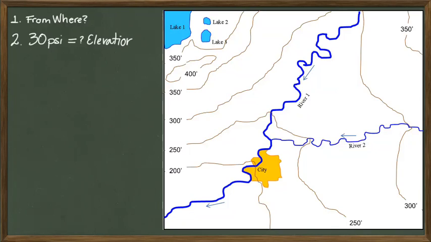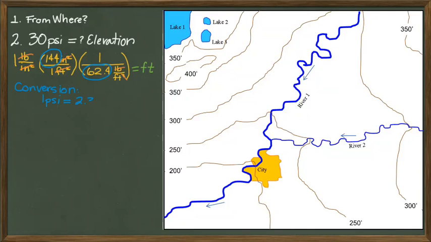We can express 30 psi in terms of elevation. The conversion is made by calculating the number of square inches in a square foot, then dividing by the unit weight of water. In other words, for every psi, there is 2.307 feet of pressure head. If we want to express 30 psi in terms of head, then we multiply it by the conversion factor to get 69.21 feet. Because this calculation does not consider friction losses, merely the elevation difference and the weight of the water, this is referred to as the static head.